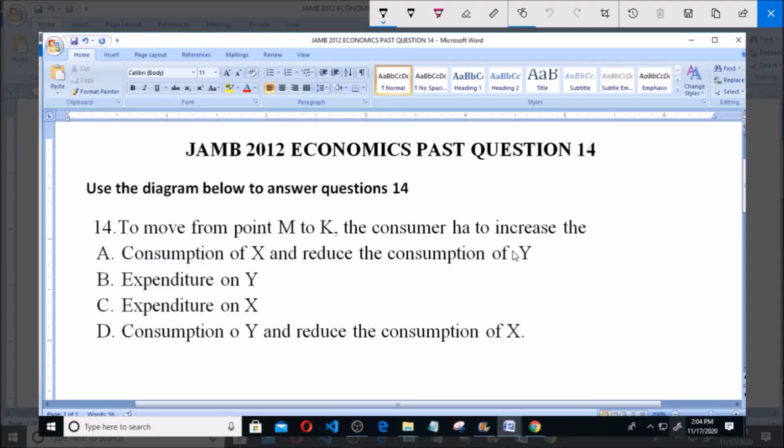2012 economics past question number 14. You give us the diagram like this again. So we have point P, point K, point N, and point M. This is 0, this is Y, and this is X. And the question says to move from point M to point K, the consumer has to